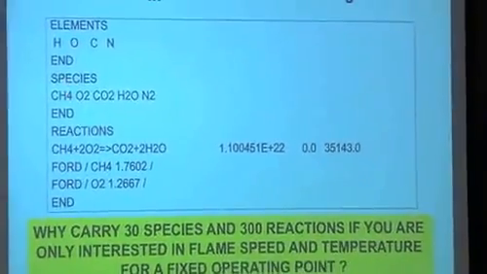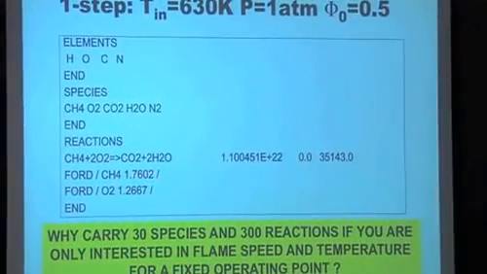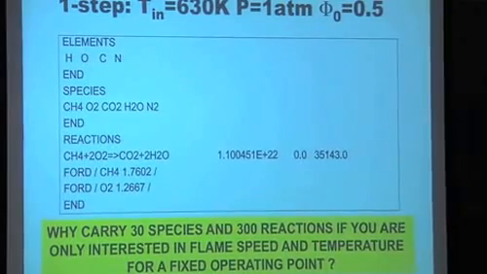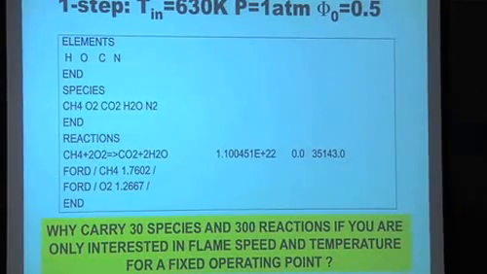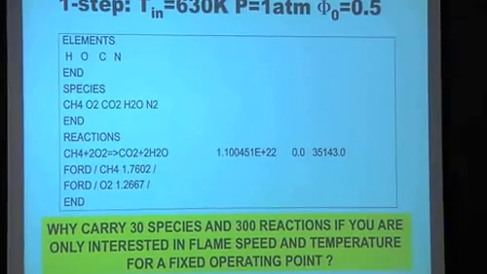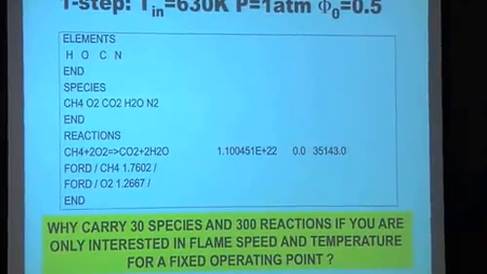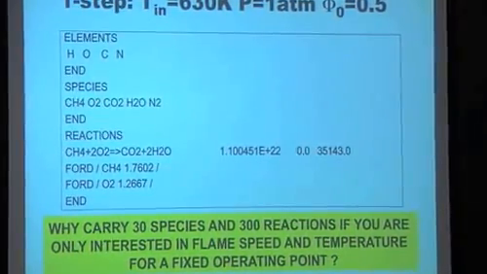Again, so that will be the whole description of chemistry. I like this slide because usually people doing chemistry, they show you a slide where you can read the reactions at 300 per page, where we only have one. But this one is enough to capture the flame speed and the flame temperature. So why should we carry more? It costs a lot of money if we don't need it. Again, it's important when you talk to chemists, to make them understand that for certain problems you don't need all the chemistry. So you must be able to simplify the chemistry.